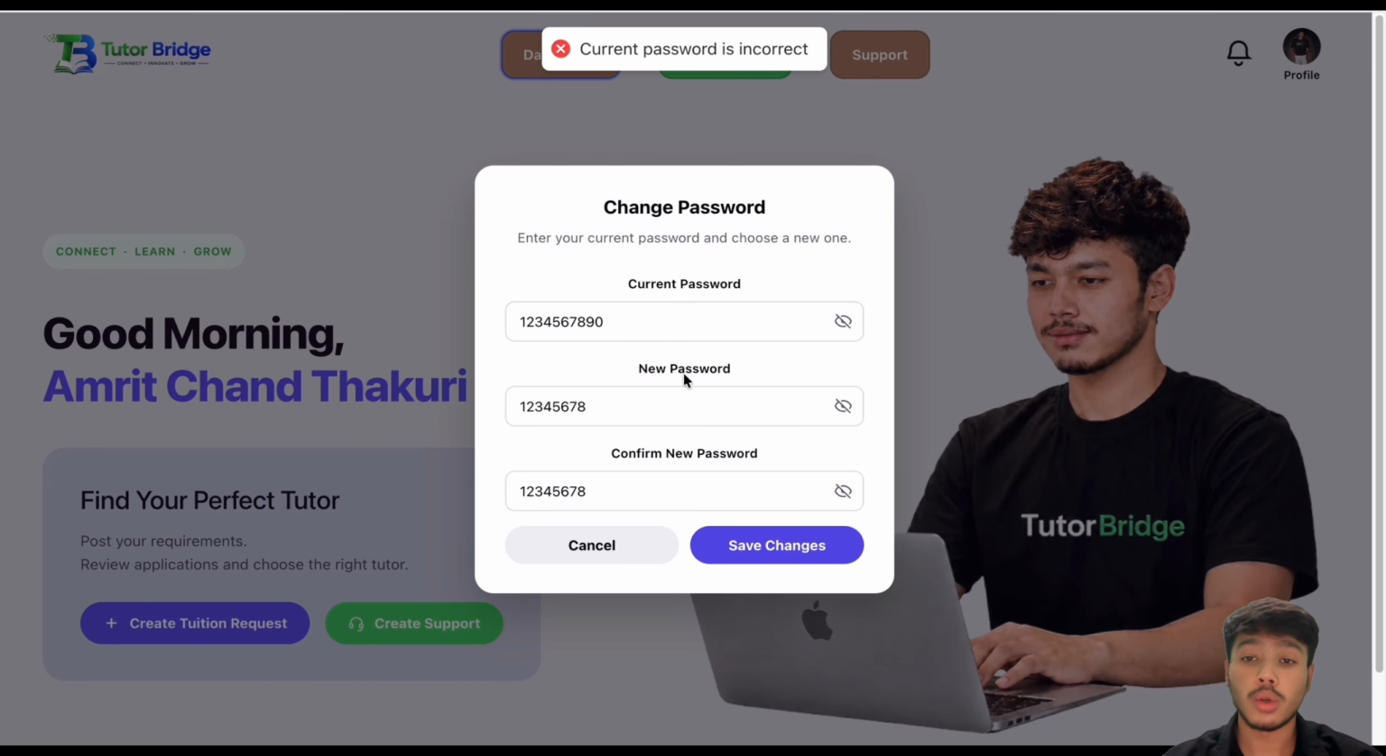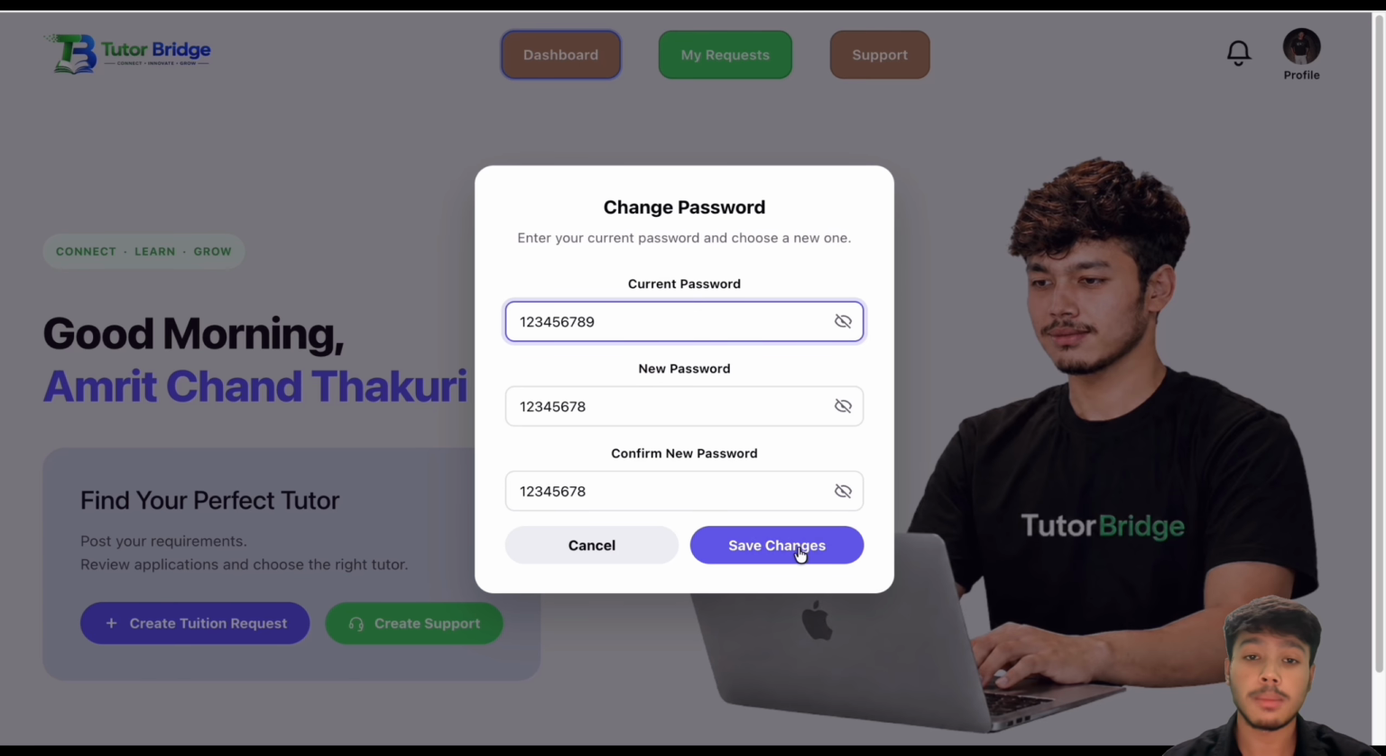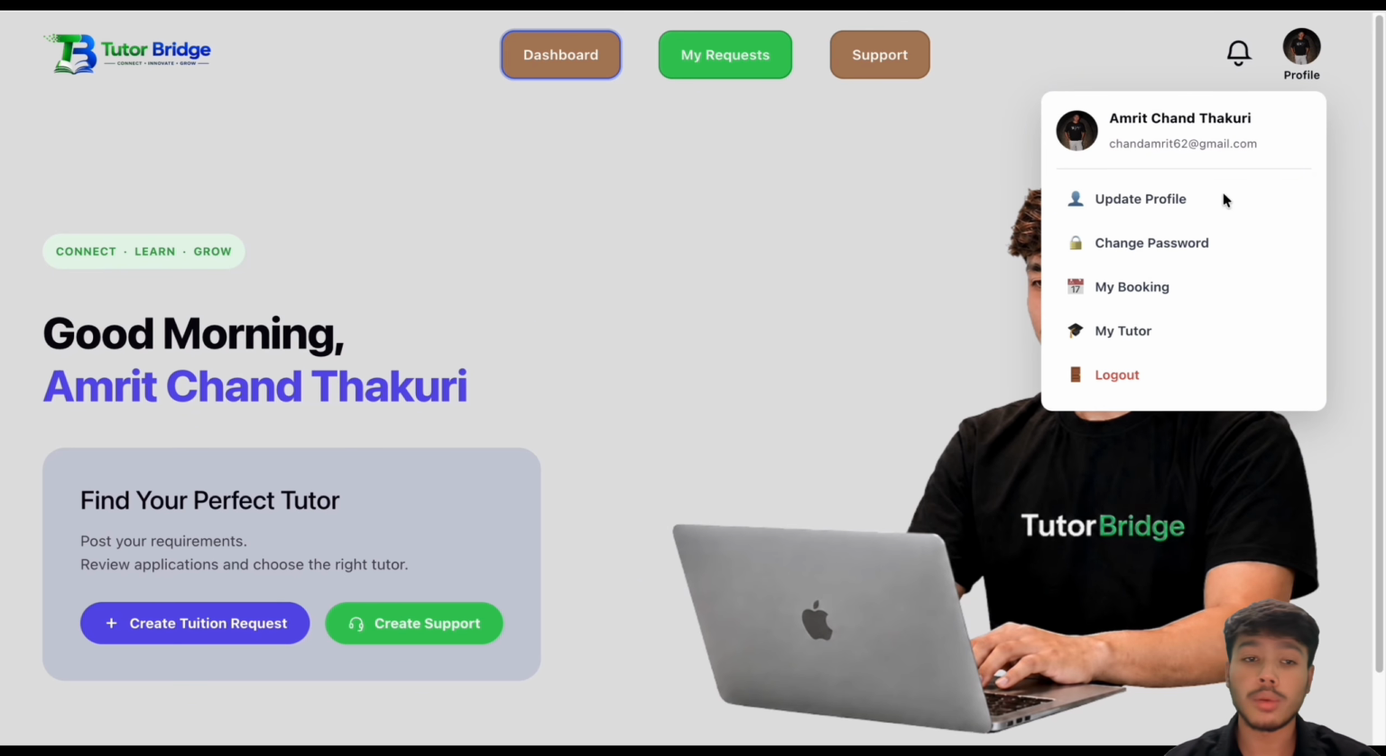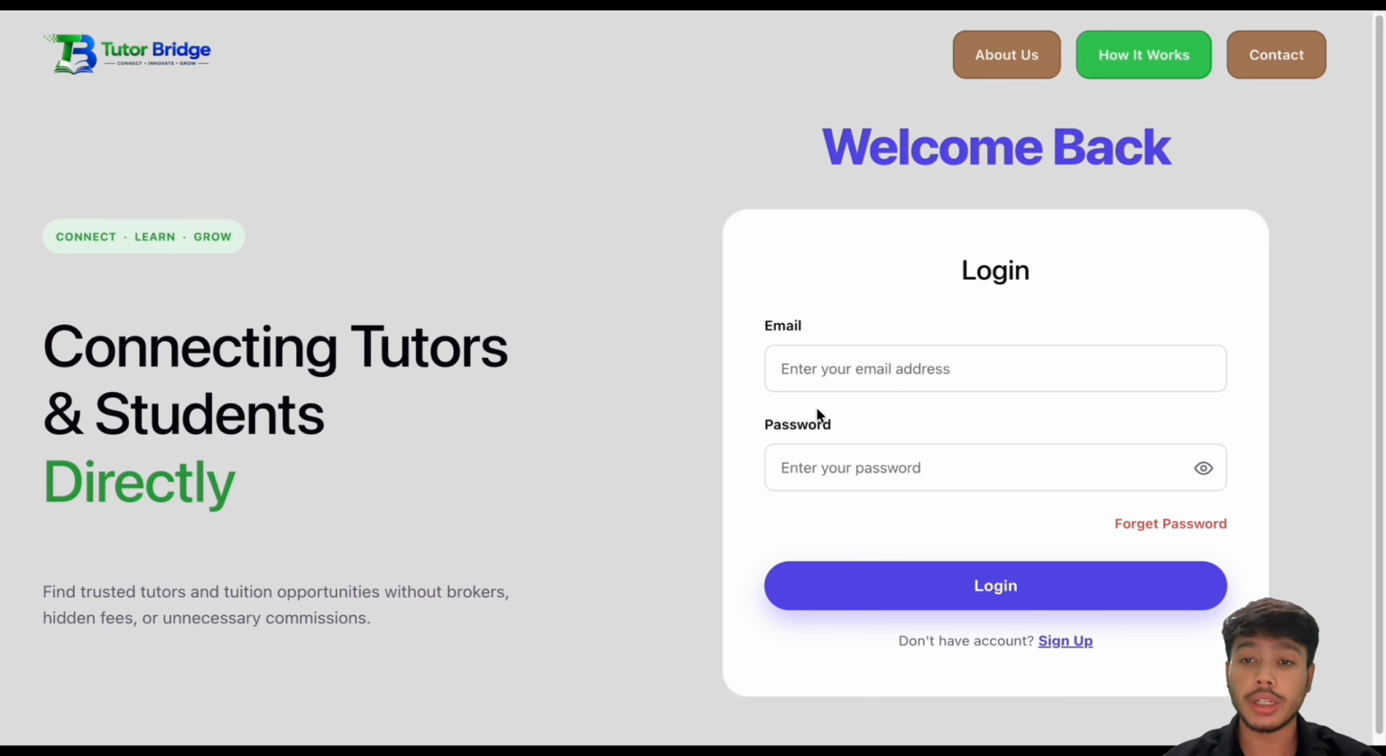Here you can see the toast message indicating that the current passport is incorrect. Now I am entering the correct current passport and clicking on the Save Changes button again. As you can see, my passport has been updated successfully. Now I am going to log out of my student account and log in as a tutor so I can apply